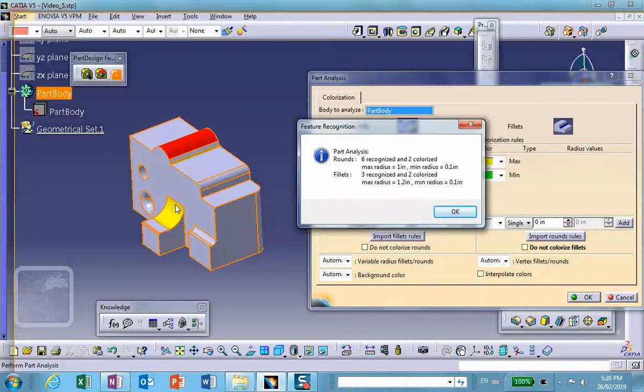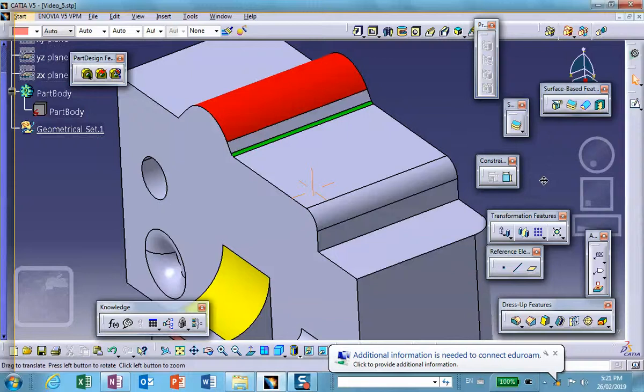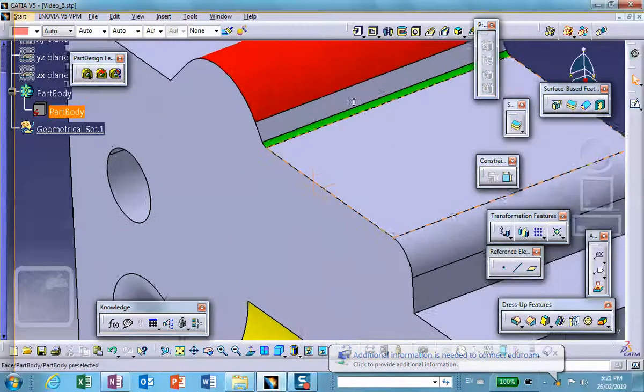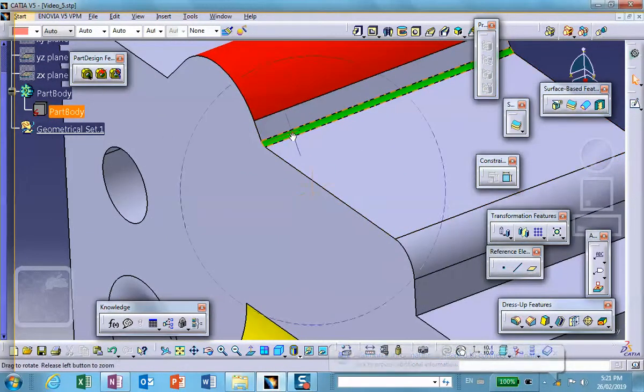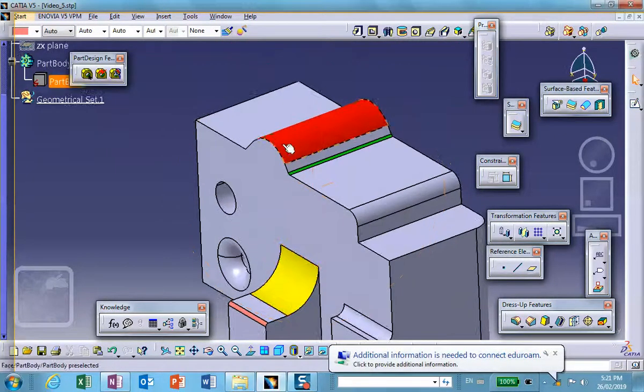Alright, so you can see that the green is the smallest fillet. This yellow is the biggest fillet. This is the biggest round radius, and this one is the smallest round radius. Notice that these are things that I actually said. These colors are what I actually said. Now we have identified